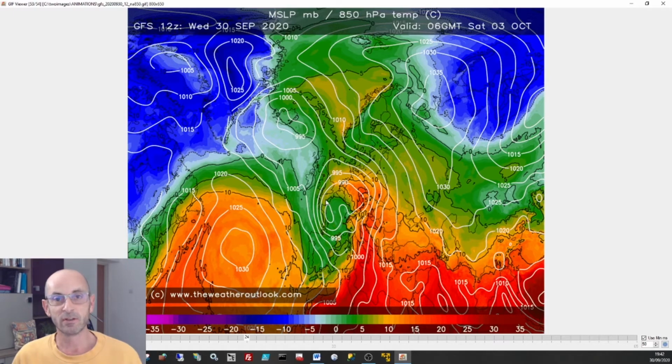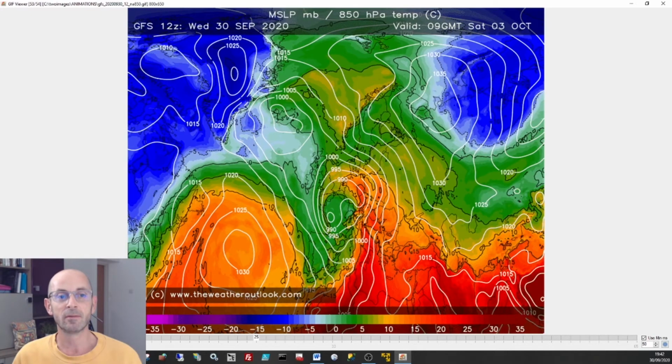We're on its north side, so we are going to be pulling in winds from the east or the northeast, and upper air temperatures don't look particularly notable. We've got greens over the UK, perhaps something a little bit warmer coming into the east and the south. But the main features of weather are probably going to be the rain and the wind associated with this system, especially in southern counties of Britain. So if I just play that through to the end of the weekend,